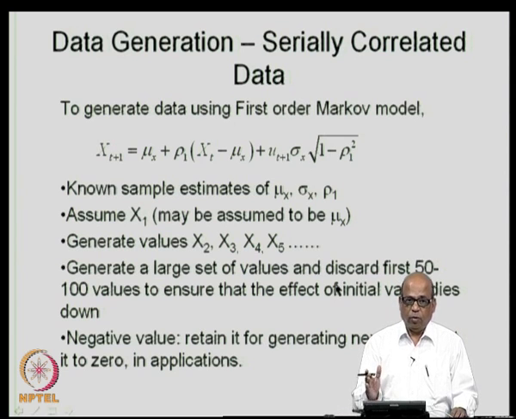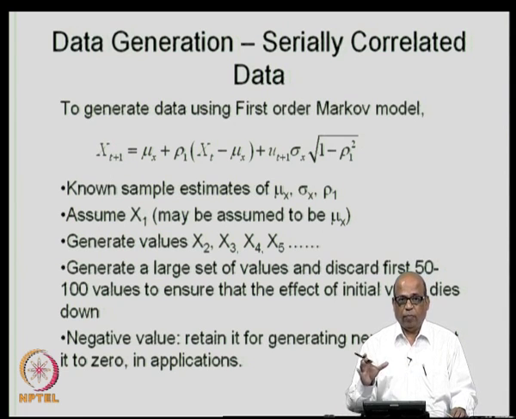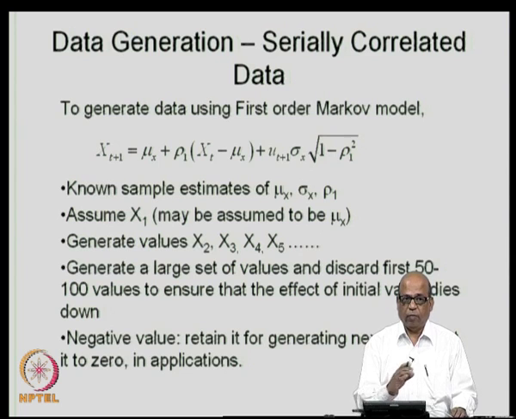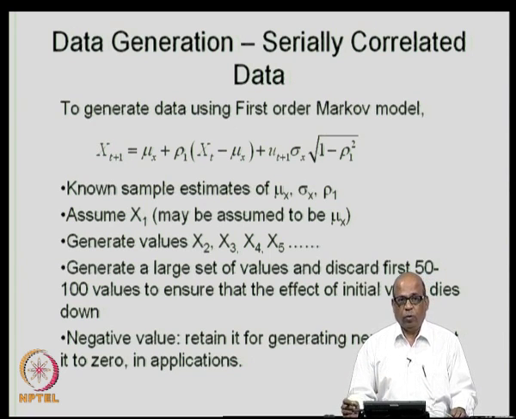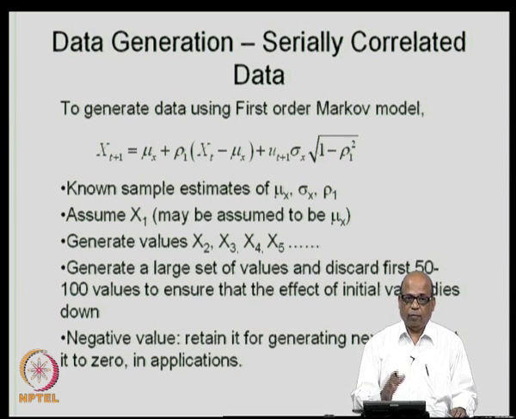So, generate a large number of sequences, and in every sequence you discard the first 50 to 100 values. Let us say you have generated 50 years of monthly sequences, you can discard the first 5 values or first 10 values and so on. Or you have generated a large sequence of 150 years, 1000 years and so on, which are typically used for large scale simulations of water resources systems. Then you discard the first 50 values, first 100 values and so on, so that the effect of the first initial value that you have used to start the process dies down.